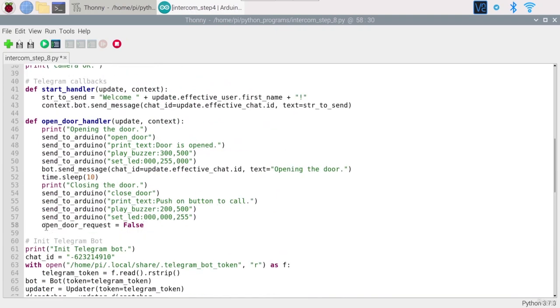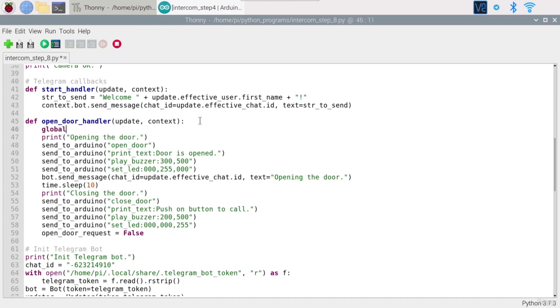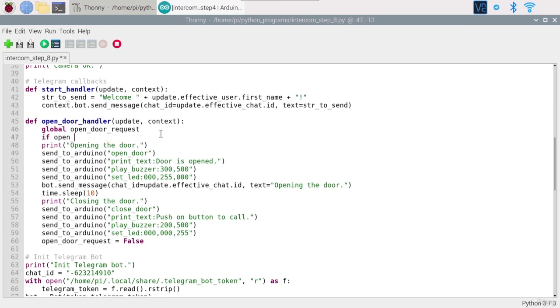Okay, and well, if we want to actually use the open door request boolean, which is a global variable, we need to do global open door request here, because we are inside a function. So if you are inside a function in Python and you want to access a global variable to modify it, you need to use global open door request inside the function. Otherwise, you're just going to create a new variable, open door request, which is not going to be the global one. And one additional thing, I'm going to do if open door request,